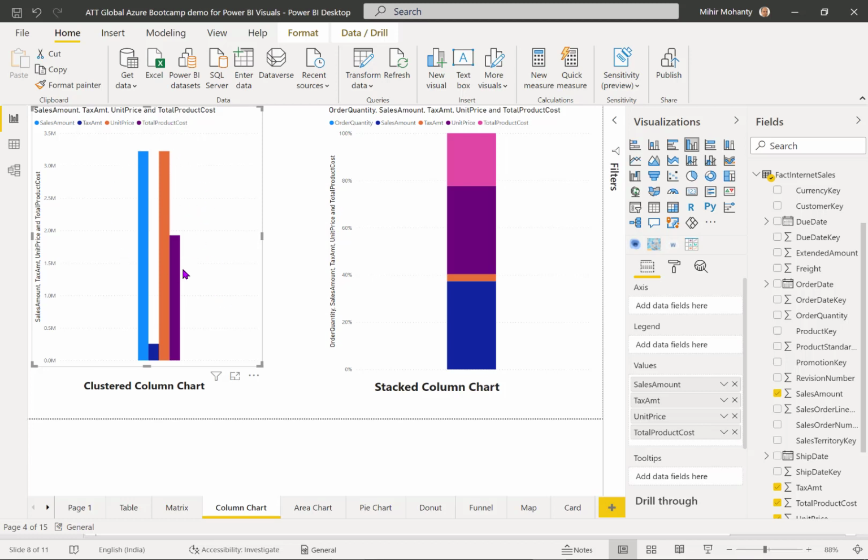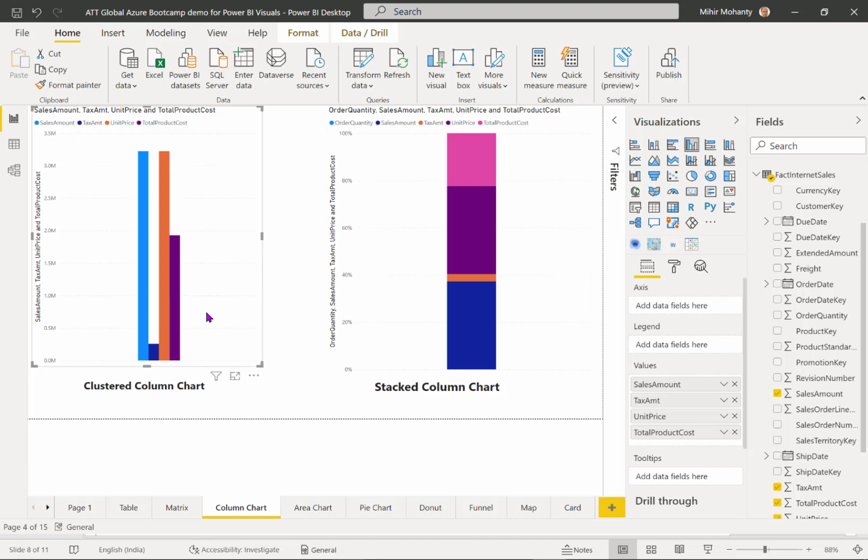Each of these columns is represented in the form of different columns in this particular chart. And that's how if I go to this particular column, I can look into the data points, what they represent. And on the basis of that, I can do my analysis.